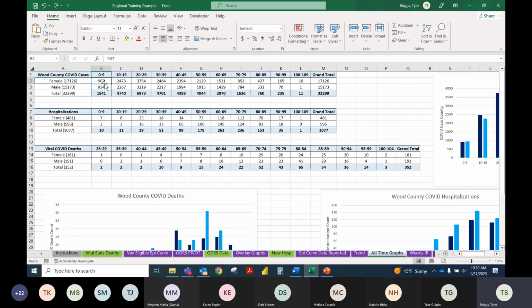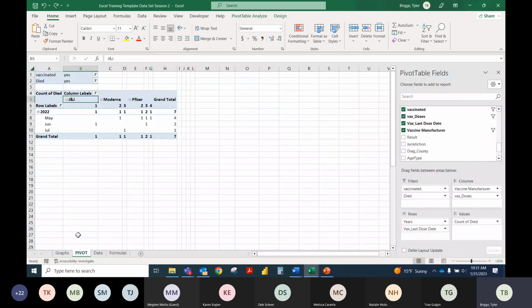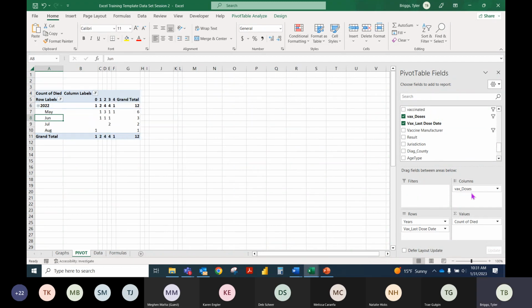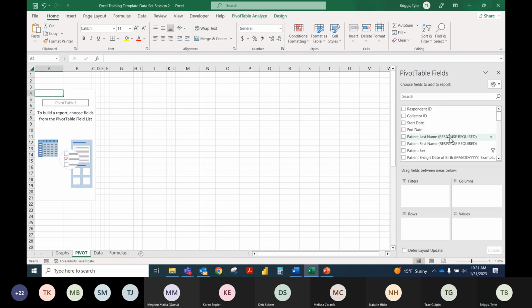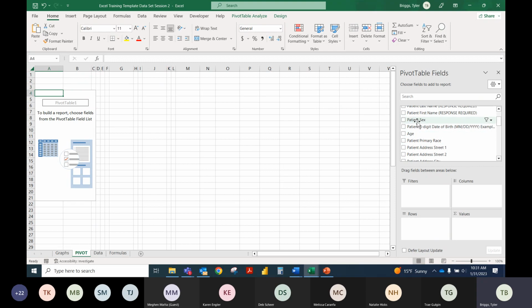This is not something that I ever actually applied the COUNTIF formula to for this graph. I would use my pivot table to get my cases by age group, which you can also break down and then copy the data over into this. You can link within a pivot table. The only problem with that is, sorry, we're going to go back to our other spreadsheet. So for something like this, the reason I was using that formula as opposed to something like a pivot table is if I were to toss in,